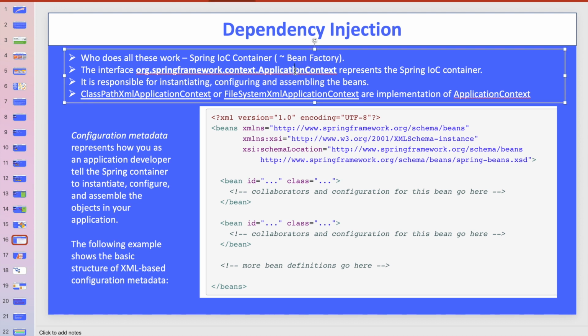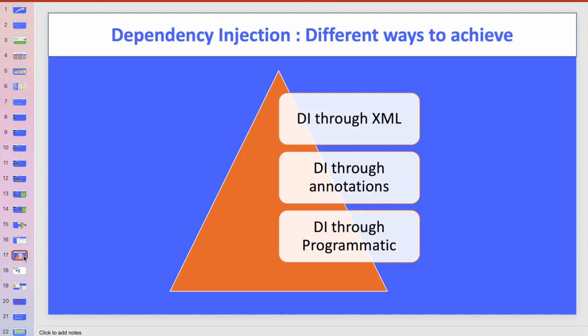If you see here, we have one interface, the ApplicationContext interface, and it has the functionality to create or represent the IOC container. But when you create the container, of course you have to pass this configuration file. On this basis it will create the object. We will see in the code how it works, right? There are different approaches to implement dependency injection. We have XML, annotation, and through Java code we can also achieve dependency injection. So we will see one by one.